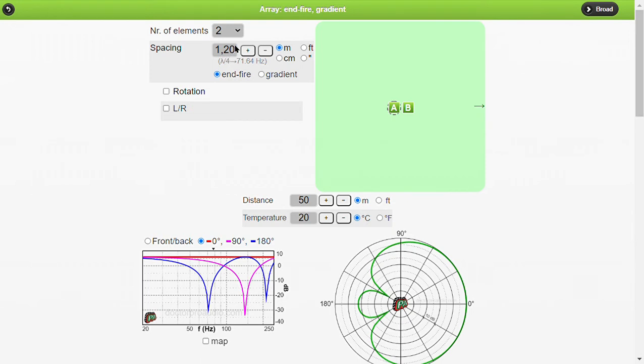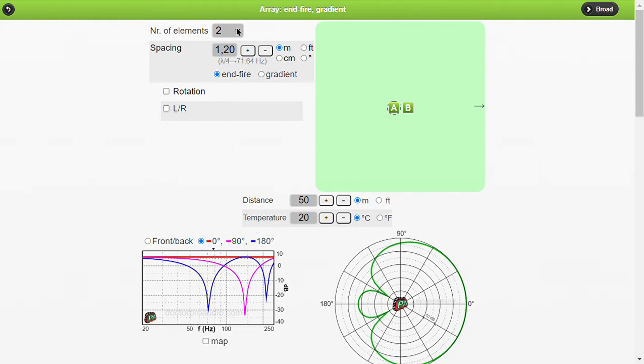Okay, one important thing is that the spacing is the distance between the same part of the array, the same part of the element and the adjacent element. So between front rail and front rail, or back and back. The spacing is not the space between the boxes.